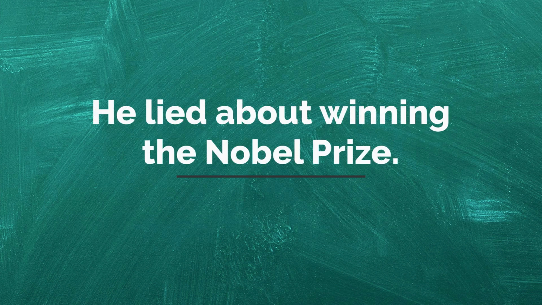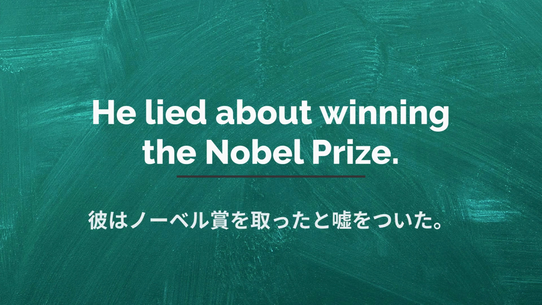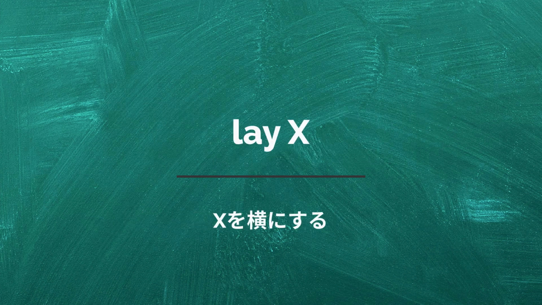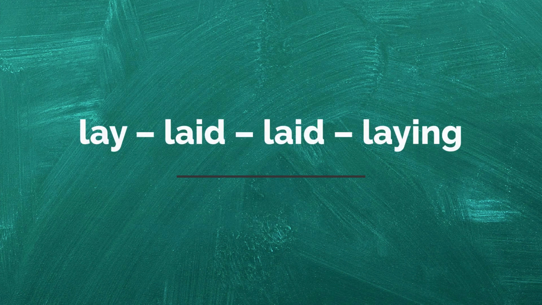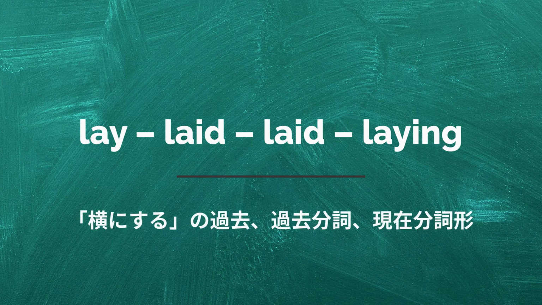He lied about winning the Nobel Prize. 彼はノーベル賞を取ったと嘘をついた。 Lay X. X を横にする。 Lay, laid, laid, laying. 横にするの過去分詞、現在分詞形。